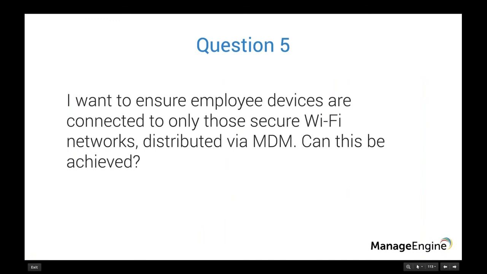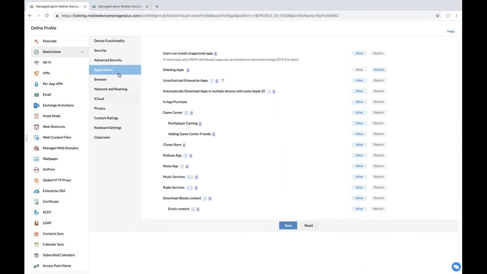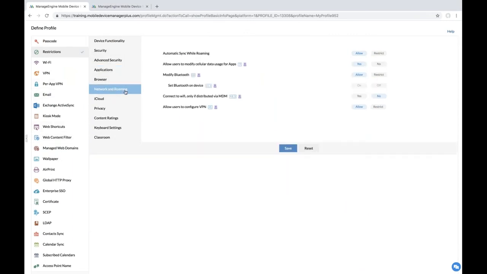Question number 5. I want to ensure employee devices are connected to only those secure Wi-Fi networks distributed via MDM. Can this be achieved? Yes, it can. Again, I'll be using the same profile. Click on Restrictions and select Network and Roaming. As you can see, you have an option wherein